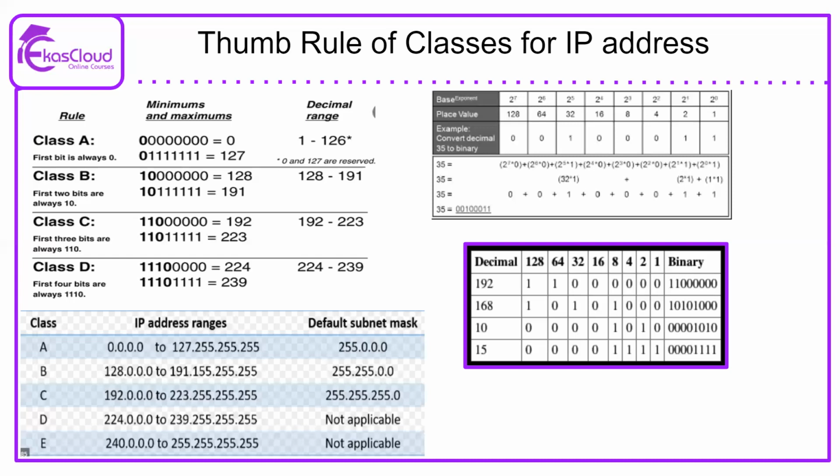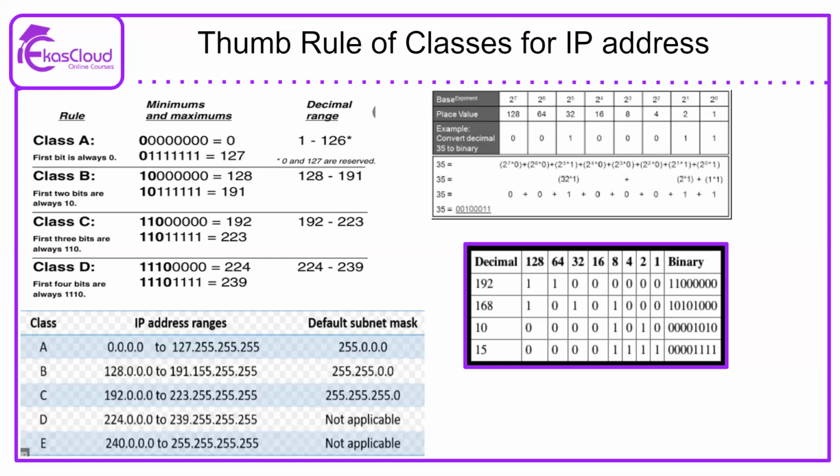That means this one is normally used when we want to have a small number of networks, but a large number of computers in a network. Most notably, this is probably used in a big organization where there are multiple computers, probably 10,000 computers. They want to have a big network where the number of networks will be fewer, but more computers are there. So then we are going to use class A, because obviously it is going to accommodate fewer networks, but predominantly a large number of computers. So in that scenario, we're going to use a class A IP address, and then we're going to use the range that is mentioned here.